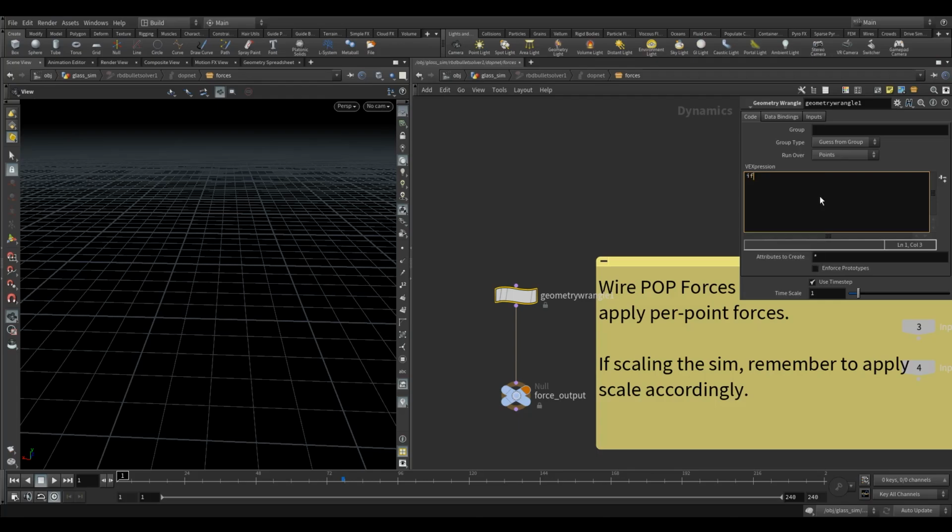So if the position, v@P.y, is less than 0.5 in this case,